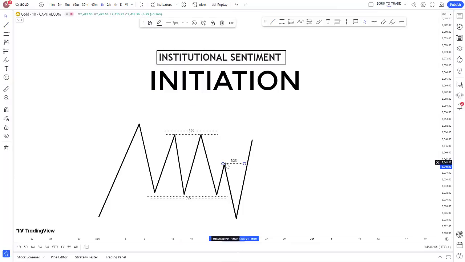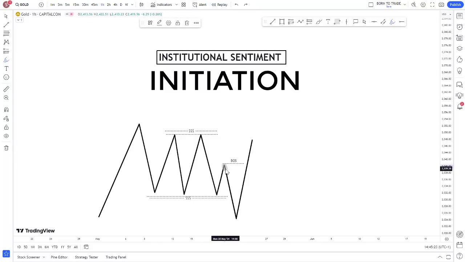At this point, this could actually be a break of structure or a market structure shift. But have it in mind that once you've identified your initiation phase, this has to come with candles with large bodies, or we call it an institutional candle. A candle that can actually signify institutional footprints. These candles usually move with large momentum. We usually see these candles move with momentum, and at this point it has to break a structure, be it an external structure or an internal structure. If it doesn't break a structure, then it should present a change of character, or we call it a market structure shift.